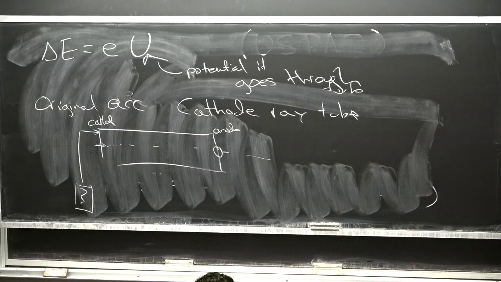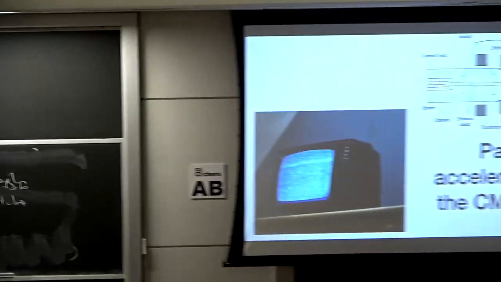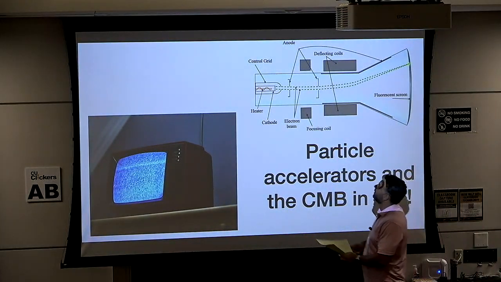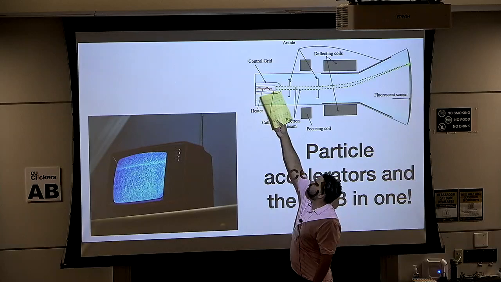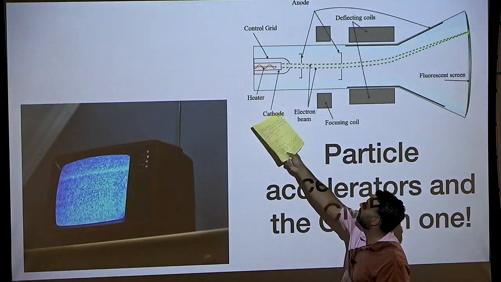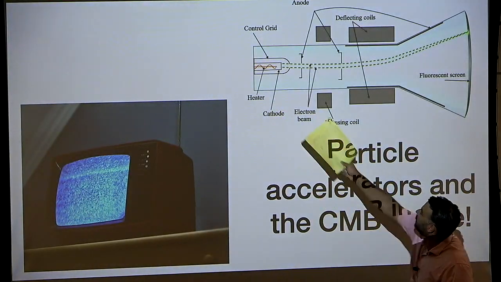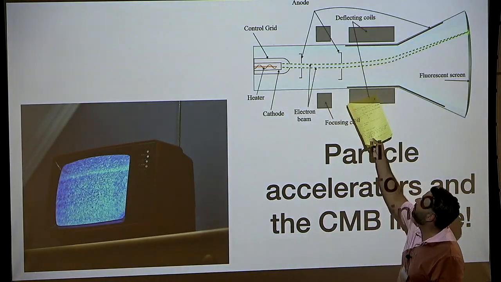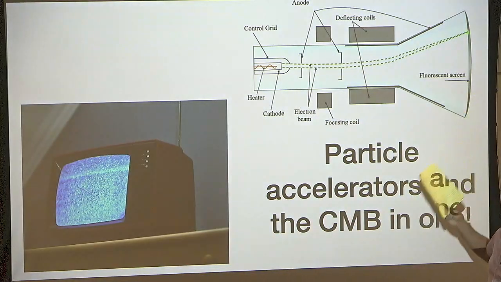And although I said there are 30,000 particle accelerators, if we kind of went back order 20 years or so, there was a lot more particle accelerators. Your old TV that your parents had, or maybe when you're 5 years old or something, I mean, you're all so young, every television had a particle accelerator inside of it. You had this heater to get thermionic emission of electrons. You had your cathode and your anode. Particles pass here. They get bent by a magnetic field. They hit the screen. You get the picture.